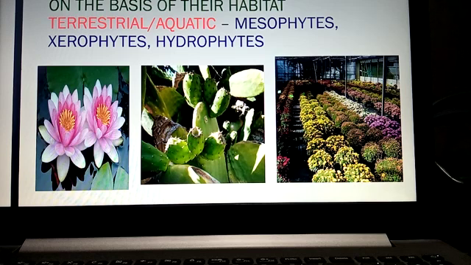Now coming to the third one, that is hydrophytes. Hydro means water. So these plants need maximum amount of water. Here you can see the picture of a lotus, children, the first picture which is showing the lotus. They grow completely in the water, so that is why they need maximum amount of water. They have either very small roots,